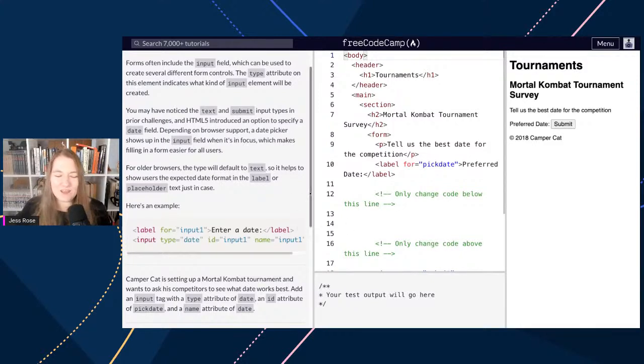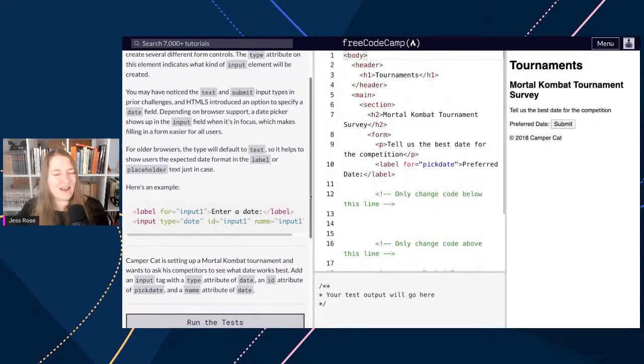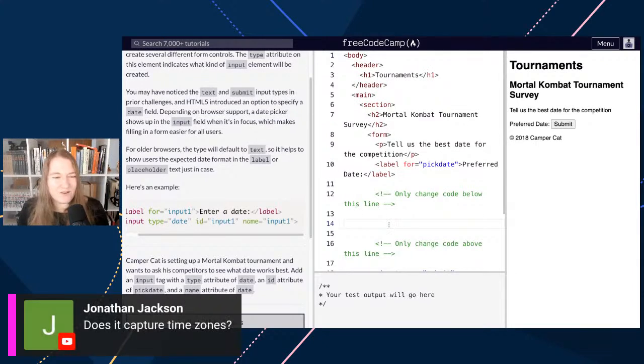So we're going to add an input tag with the type attribute of date, an ID attribute of pick date, and a name attribute of date. And it's going to look a little bit like this. So input type equals date. The ID will be pick date. And the name attribute will be date. We can do that. And this is keeping us steady because it's telling us exactly where we want to do this. We say, okay,